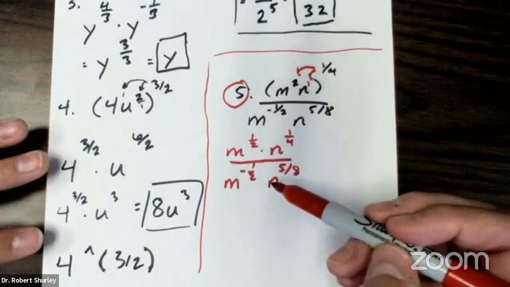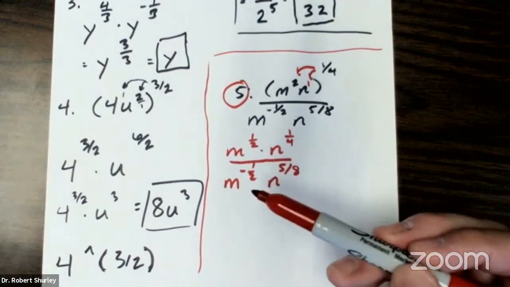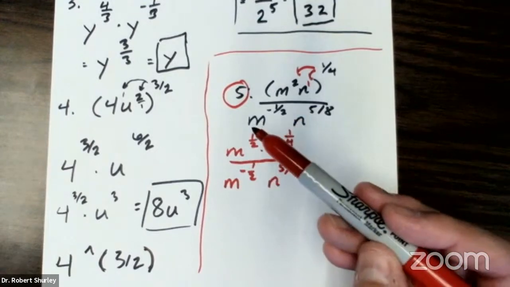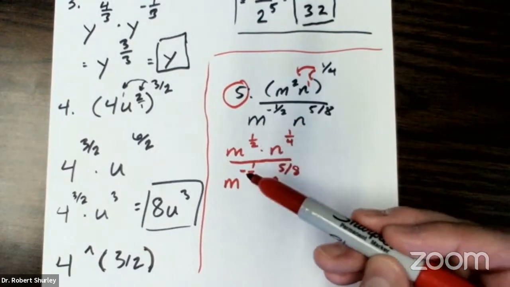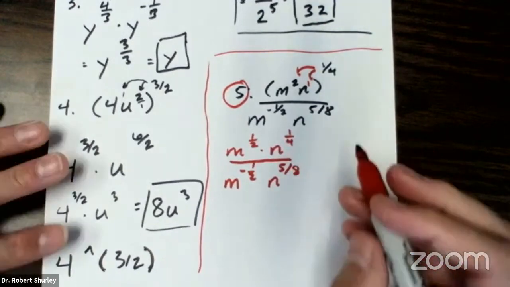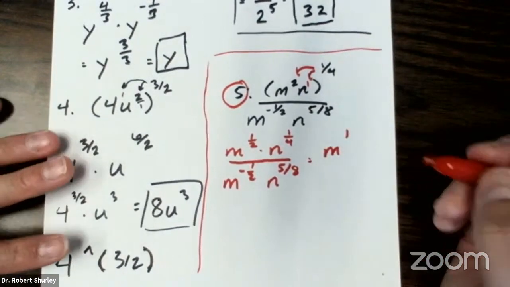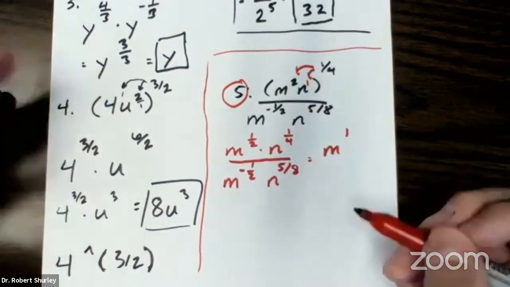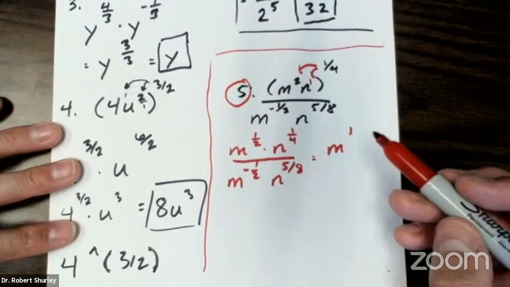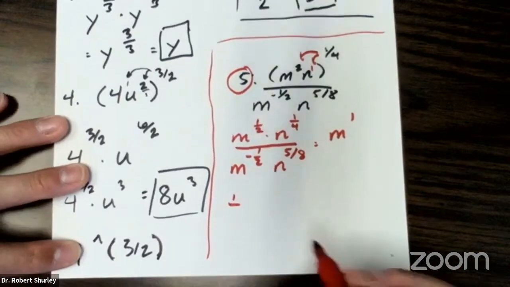Now the m's won't be too bad. Look, if you subtract 1/2 and negative 1/2, you're adding them, right? 1/2 minus a negative 1/2, that's 1/2 plus 1/2. Well, 2 halves, when you add them together, they equal a whole. So this is going to be just m to the first power up top. Now the 1/4 minus the 5/8, though, I'm going to do this one